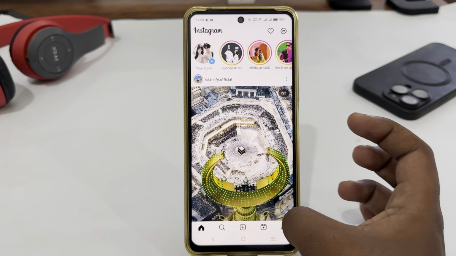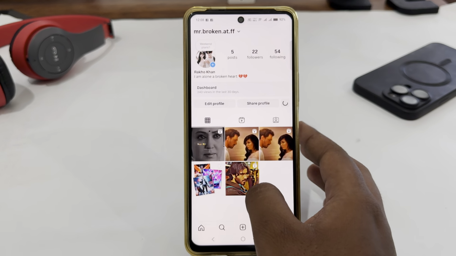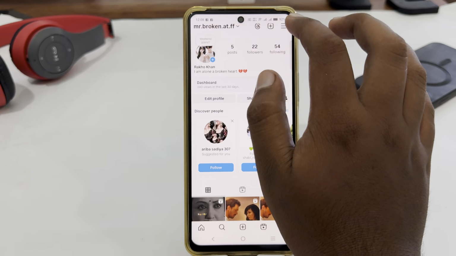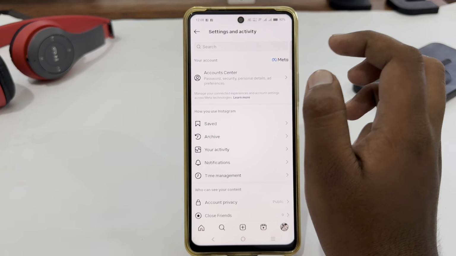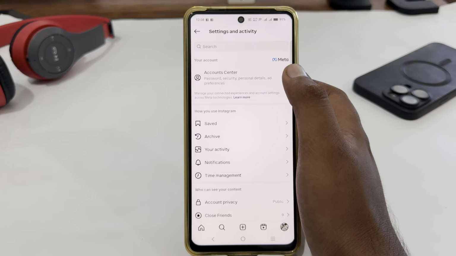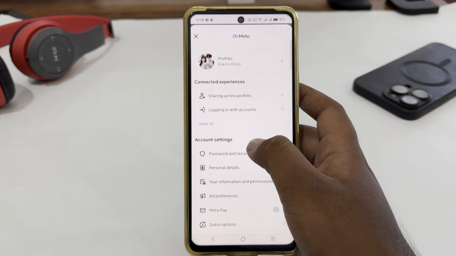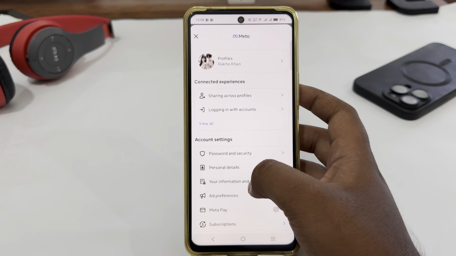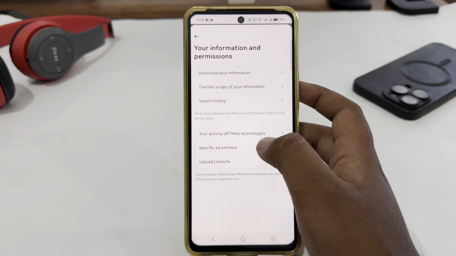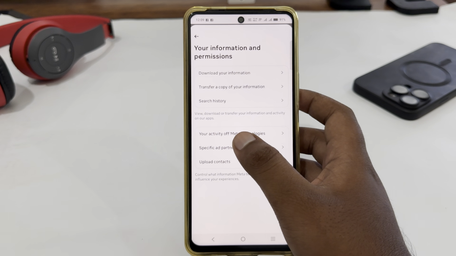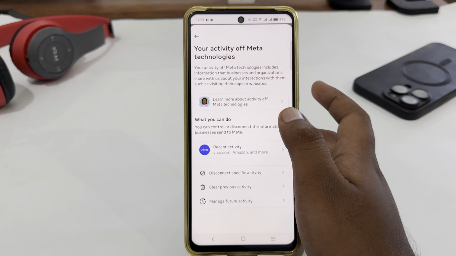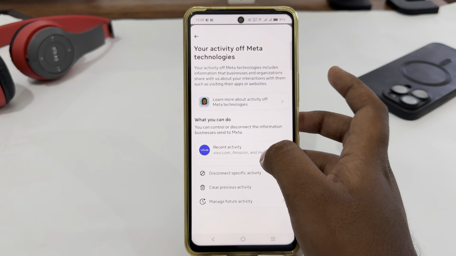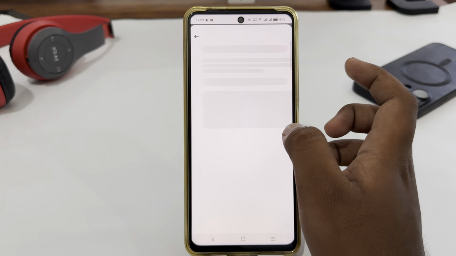in the right bottom corner, then select the three dots in the top right corner, and here select Account Center, and then select Your information and permissions, and here you'll get an option of Your activity off Meta technologies. Just tap on it, and here you just have to tap on Reset activities, select it,